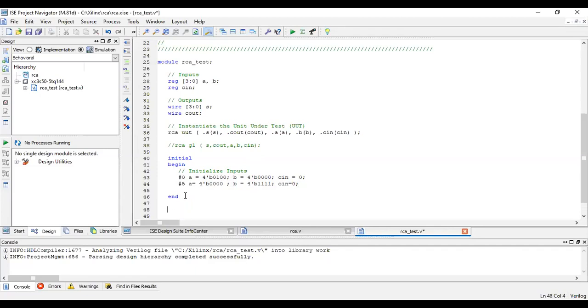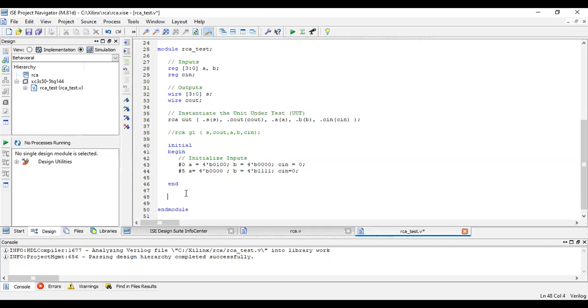You will get 16 cross 16, around 16 into 16. So you'll get around 256 cases. I don't want 256 cases. I want only 3 to 4 cases. That is enough for us.